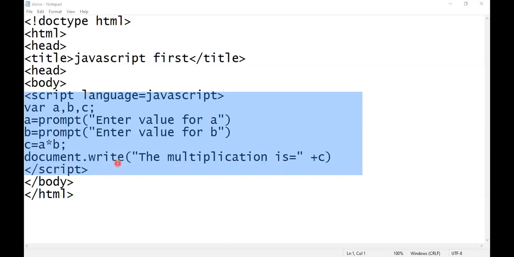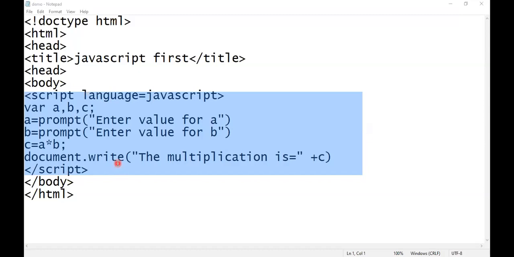It is simply written in brackets with double inverted commas: "the multiplication is equal to" in double inverted commas, which means whatever you enclose in the double inverted commas will display as it is on screen when you execute this program. And next is a plus c, where plus is used for concatenation, and c will be substituted with its value, meaning whatever value is stored in variable c will display here. So by using this document.write function, we can display output on screen.